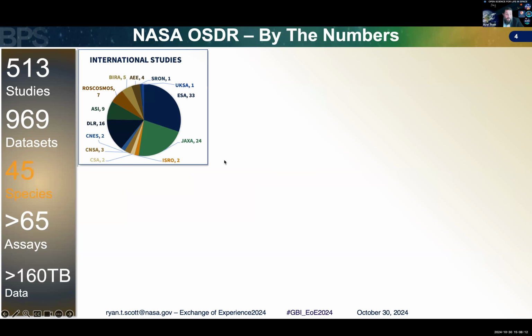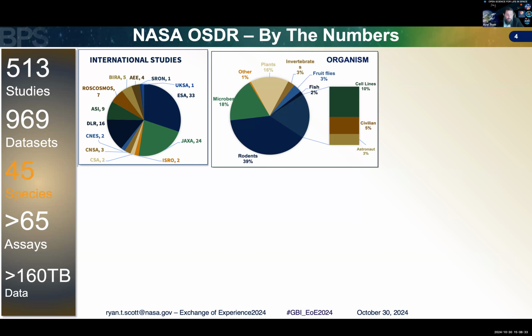The NASA Open Science Data Repository is small but mighty, I like to say, I think also because spaceflight samples are so precious and there have been so few missions historically. But we do have really deep collaborations and connections, especially with the European Space Agency and the Japanese Space Agency, and we're starting to have more and more commercial entities submit data. Mostly we have rodents, but we do have a significant amount of microbial data as well as human data,